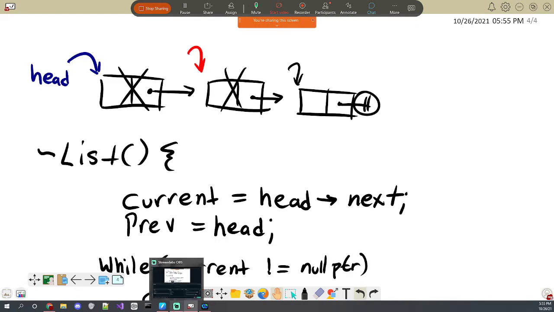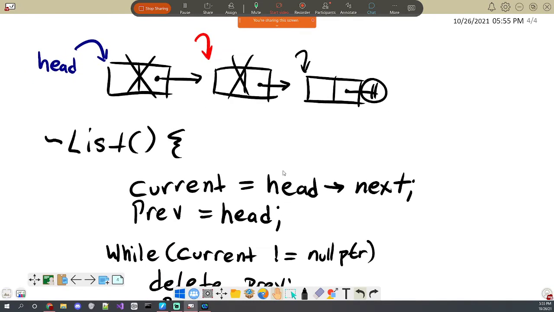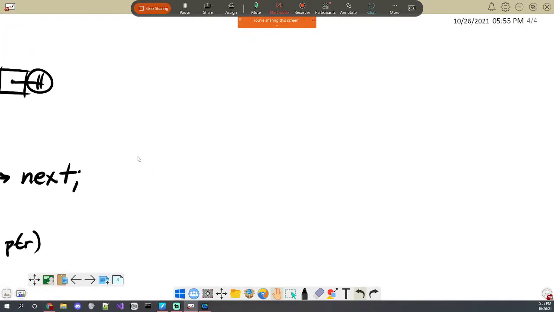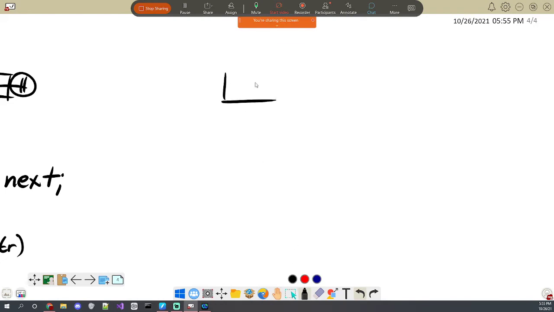There's another way to do this that I kind of prefer to do, so I'm just going to write it over here. Let's say we have the same linked list. This is an example of where I think recursion makes something a lot easier.